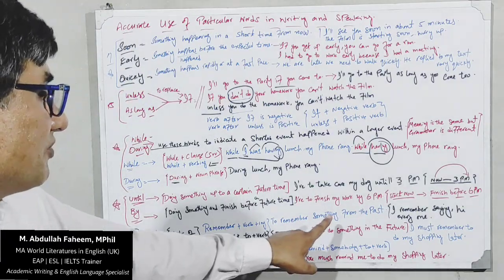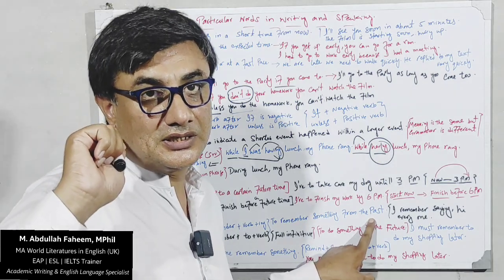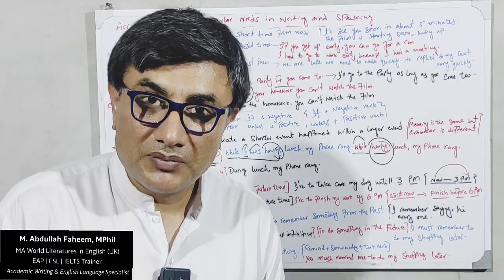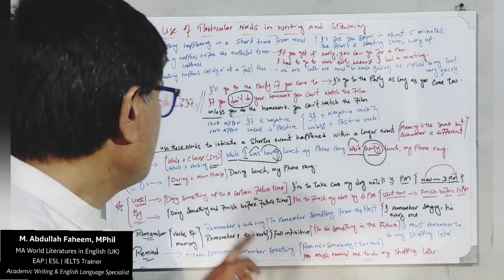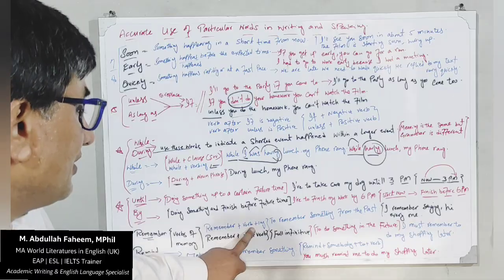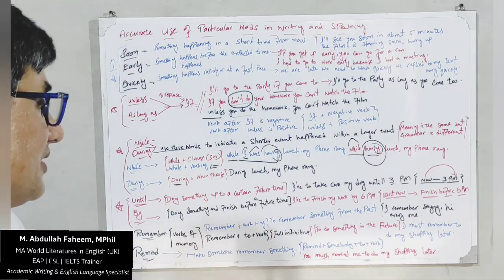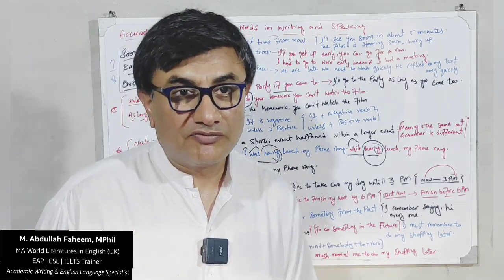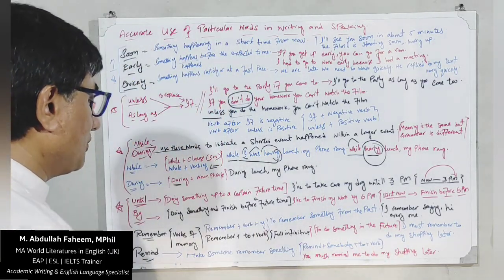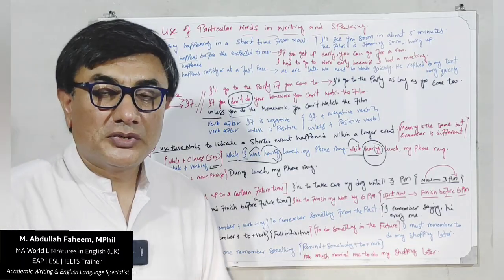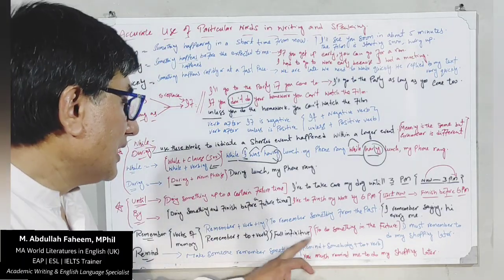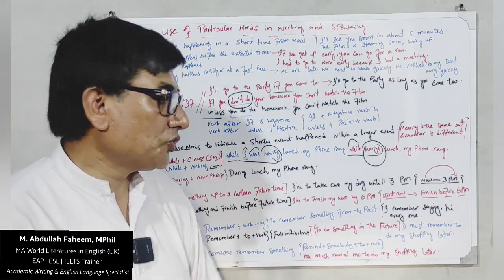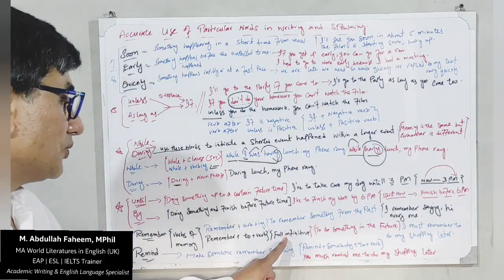To remember something from the past, you will use the verb remember, and after using remember, you will use verb and ing. For example, we have a sentence, I remember saying hi everyone. This means in the past I said something to someone. It's exactly according to this formation. If you want to use it for the future, you must use full infinitive after remember. Example is here, formation is here. To do something in the future, I must remember to do my shopping later. This is exactly according to the infinitive rule.